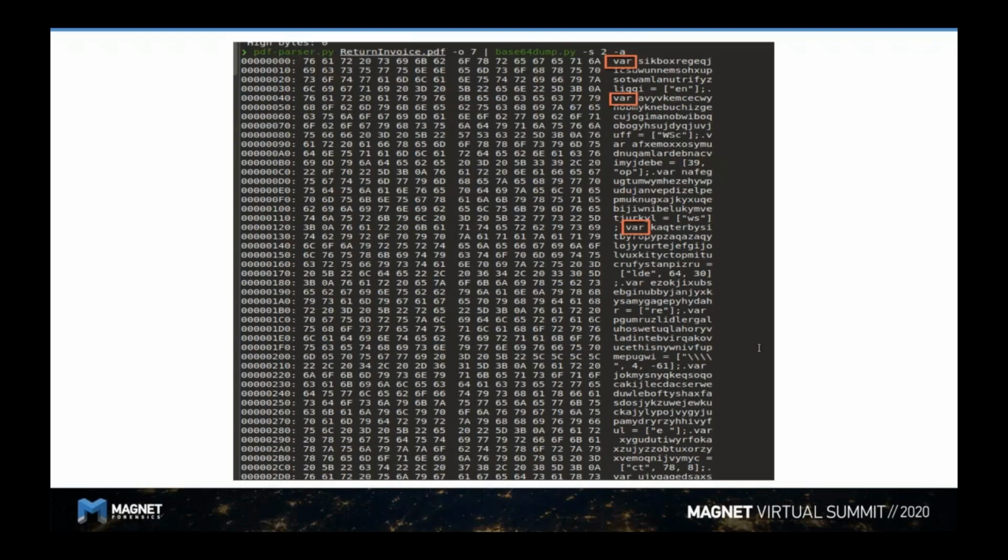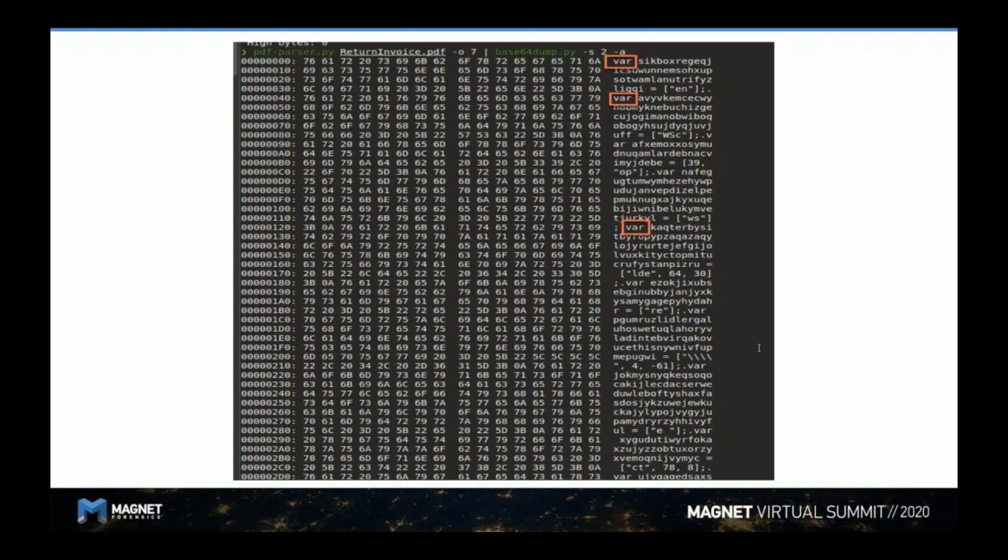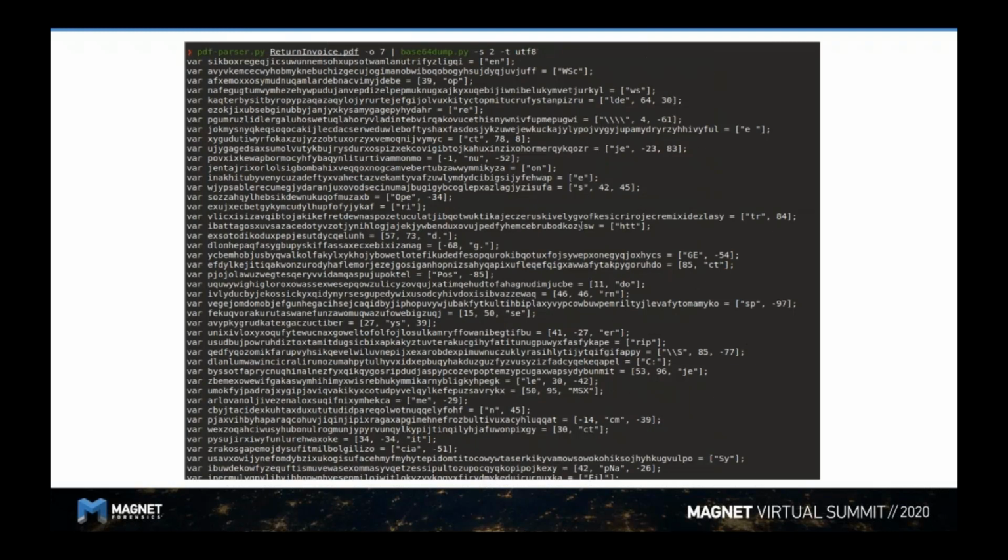Again, and these will be on the slides, by adding more conditions to the tools, I can start to slowly peel back the layers. Again, I'm starting to see these assigned variables, which is probably going to be some sort of base64 encoded JavaScript. And we can take this output and clean it up by using the -t and the UTF-8 option. It starts to clean this up, and it looks more and more like, yep, we're dealing with some sort of